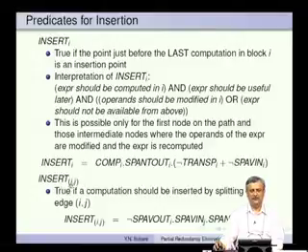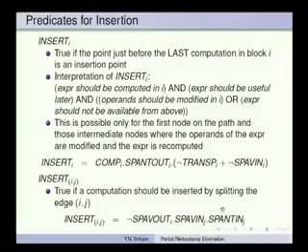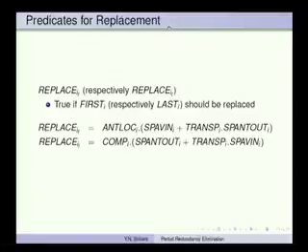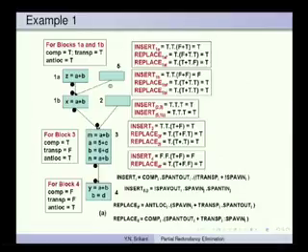So, let us look at the insertion on an edge. This is true if a computation should be inserted by splitting the edge i j. This is the one I was talking about some time ago. These are the edges which come into this path, the safe path, and those are the ones we need to be broken. So, this edge is coming into this safe path, this edge is coming into this safe path. So, both these need to be broken.